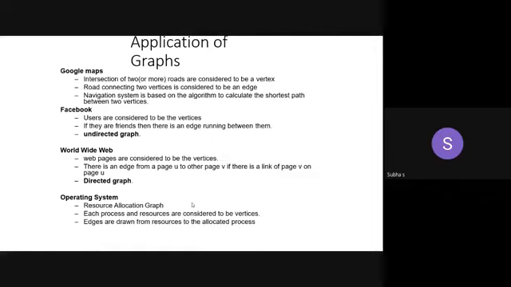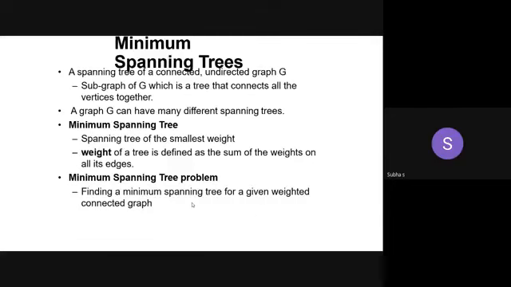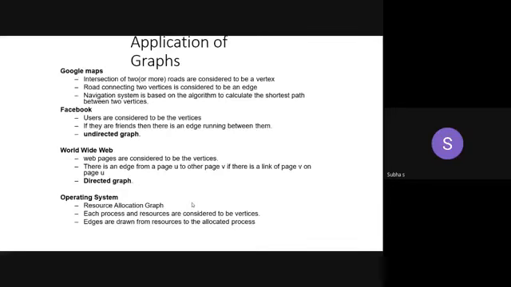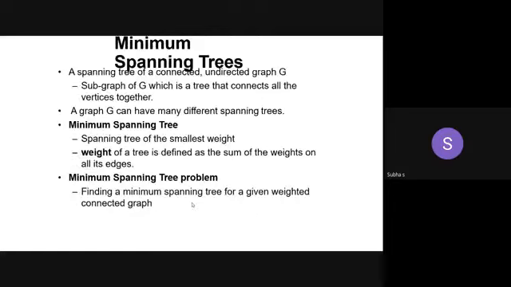In particular, if asked to explain or apply Prim's algorithm to find the MST for a given graph, you have to write the following things, which we are going to discuss now. These are all the general applications of graph, because in those applications we are using this MST only. How are we going to construct Google Maps, how are we going to make road transportation possible? By constructing the minimum spanning tree. We are making all these applications possible only by making use of the MST, the minimum spanning tree.